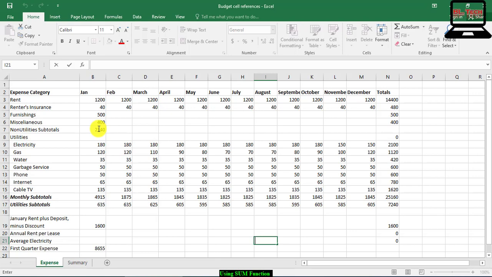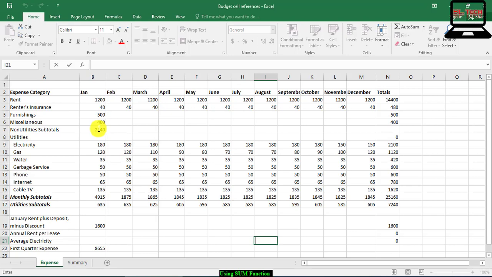Sum is usually the first function most people learn how to use in Excel. In fact, you already saw it in action in the previous section called using basic formula.